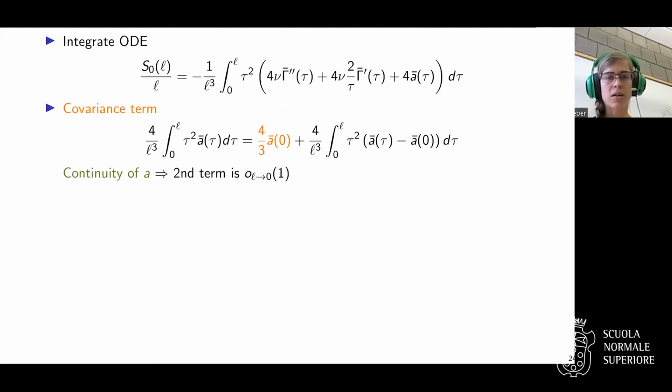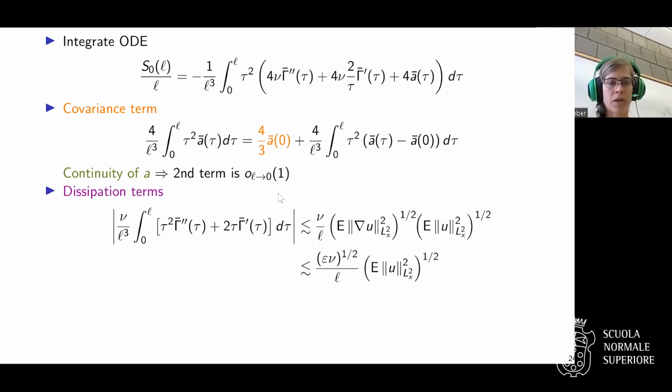And so you look at the different terms. So this one coming from the covariance, we rewrite it as 4/3 average of A, and this is actually epsilon if you make the computation, plus some error term. Now here we see that this thing is small as long as L is small and A bar is continuous. And so then this term goes to 0. So here is where you need the integral scale. Then for the other term, you use basically Cauchy-Schwarz inequality.